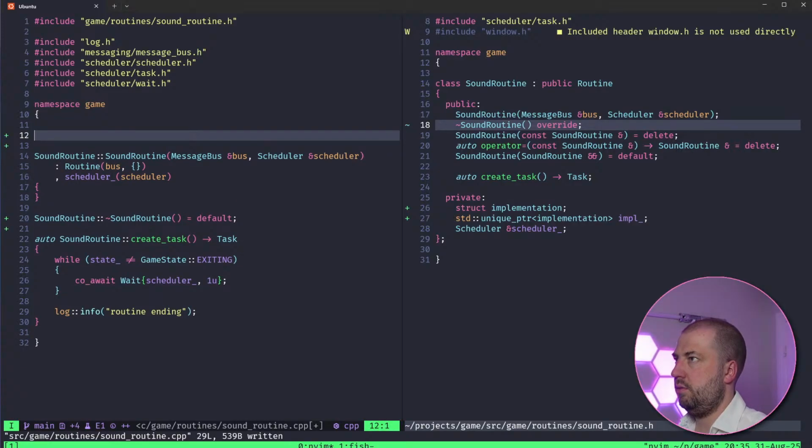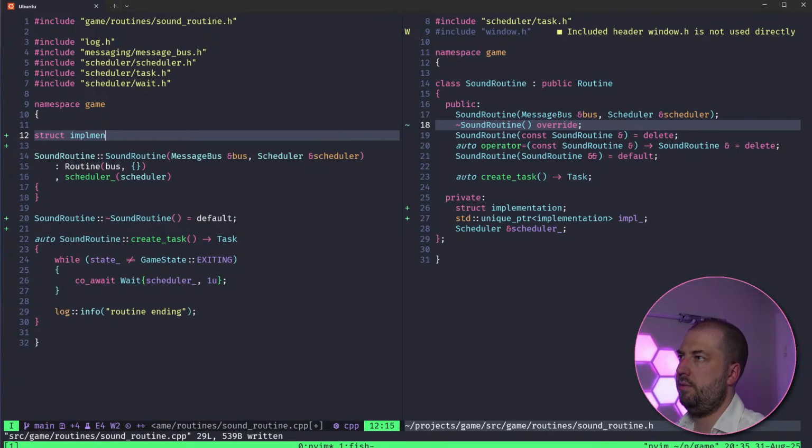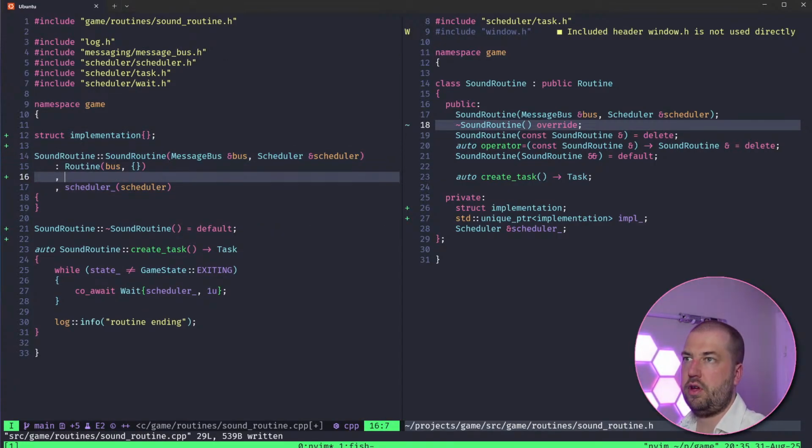So inside the namespace we're going to have struct Implementation, and then over here we'll have std::make_unique of Implementation.